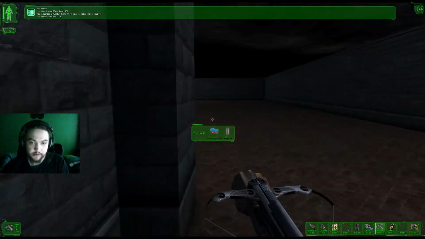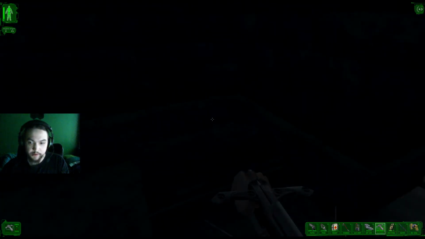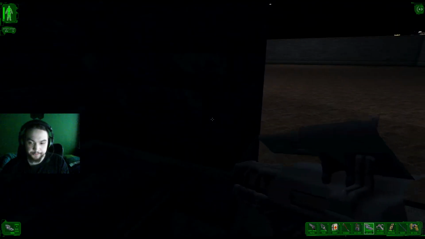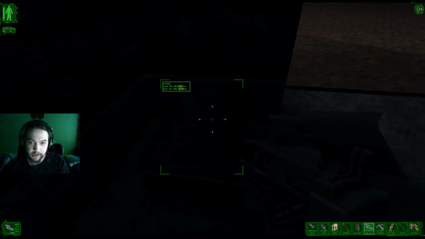Let's see what that guy had there. Darts. Okay, so GEP guns have two other uses as well. So I've got four rockets, obviously. With GEP guns, you can blow up stuff like this